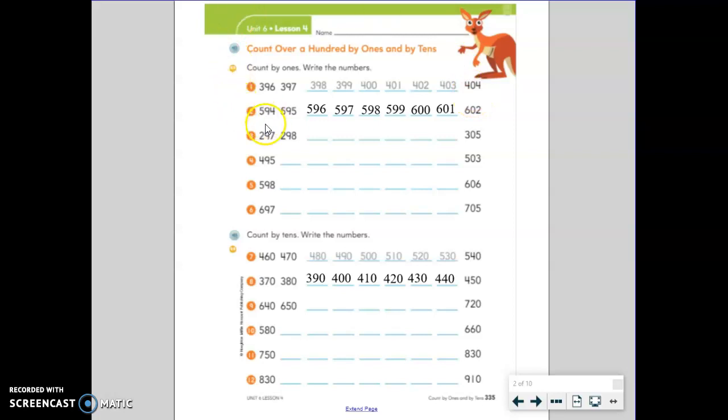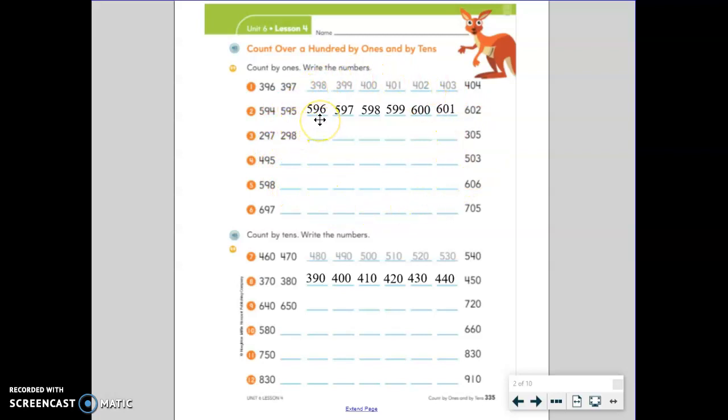Let's try the next one, 594. If I get one more one, my 4 changes to a 5, so 595, 596, 597, 598, 599. I know after 99 is 100, so my 500 becomes a 600. So 600, 601, 602. So top part, you're going to continue with the rest of this on your own later,